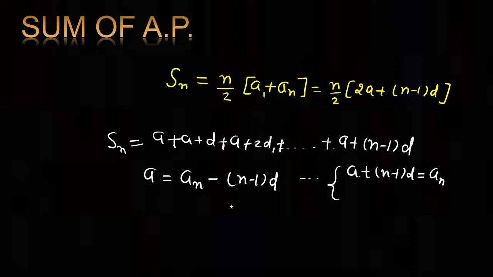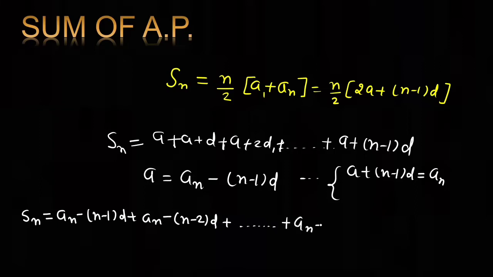So we can write Sn is equal to an minus (n minus 1) into d plus an minus (n minus 2) into d, and so on, and the last two terms will be an minus d and an. So if we add equation number one and equation number two, then we will get